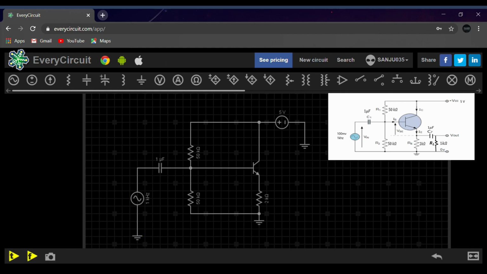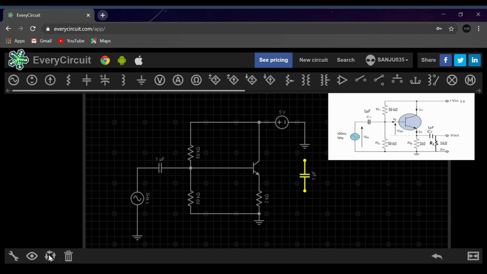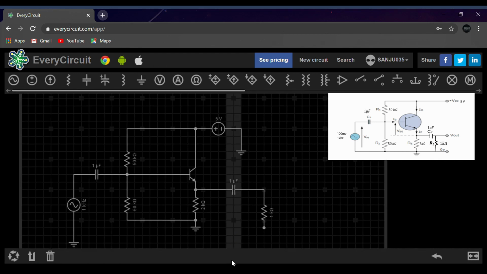Okay. Now let's take another capacitor and we'll rotate it. Here we have placed a C2 capacitor. Now let us connect the load resistance. I'll take this load resistance here, connect it over here, and we will ground this load resistance. We have finished the analysis.